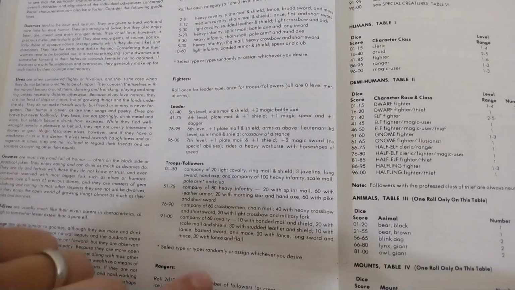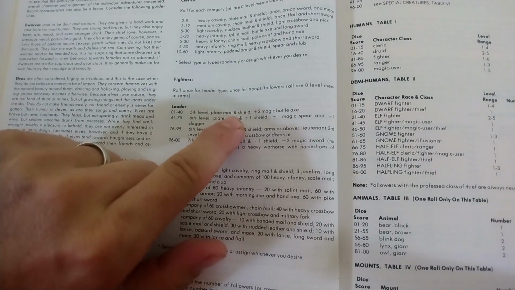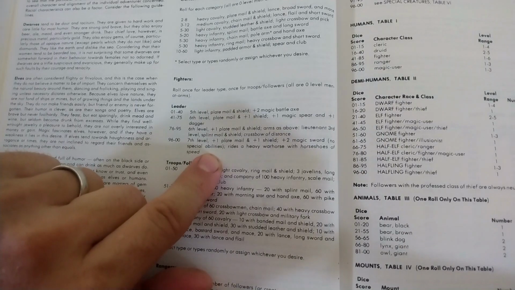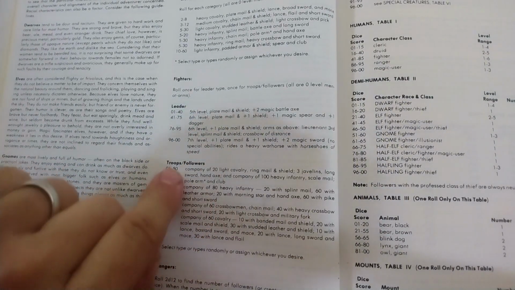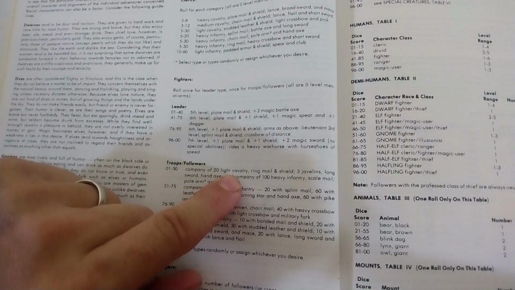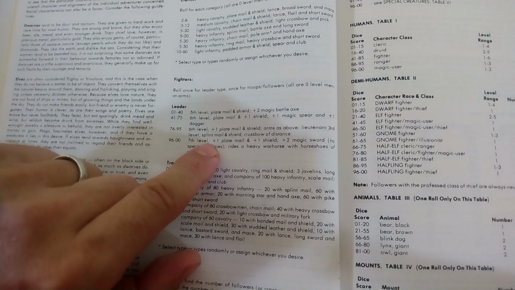This is pretty powerful stuff. At 9th level, roll once for leader type, and you could get a 5th, 6th, or 7th level fighter. Now, this would be rated as a captain, and we'll talk about what that means as far as ratios go in a little bit. And then roll again. 12 light cavalry, that's huge. Cavalry are very expensive. This is a huge cash bonus, but most people take a look at this and say,